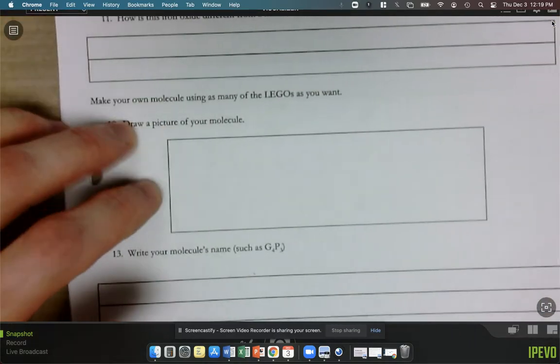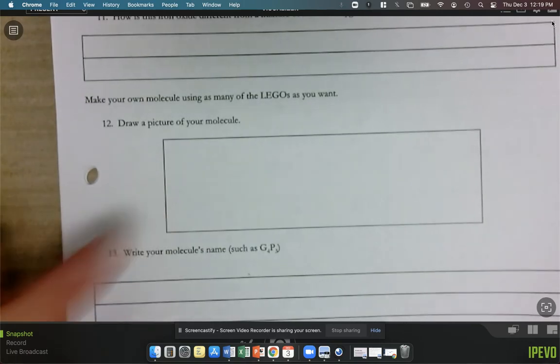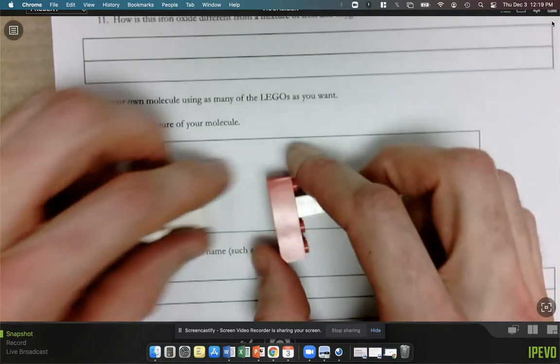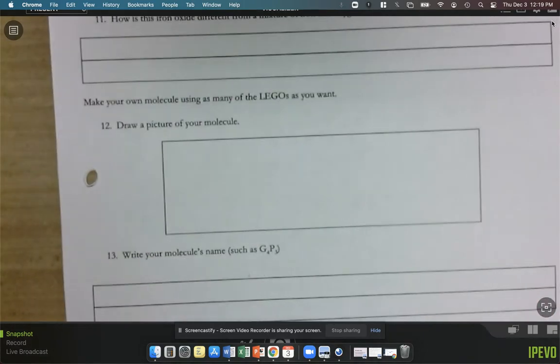Once you get to the very bottom here on the back, if you happen to get this far, you get to create your own molecule. Okay, out of any Lego pieces, and you kind of can draw what that looks like. Hope you have a little bit of fun with this. Again, this is an introductory activity. Don't feel like